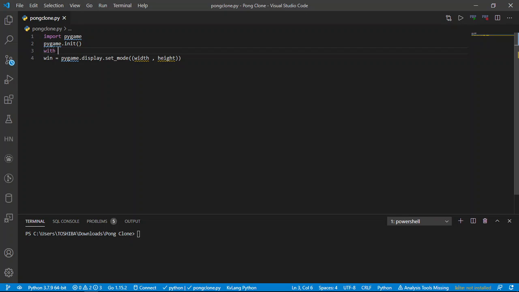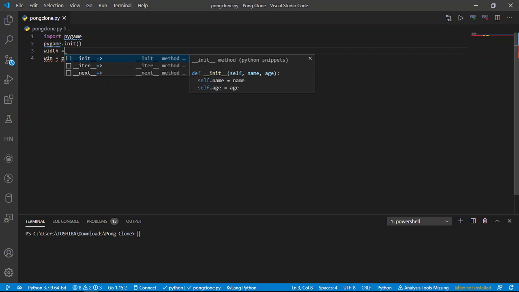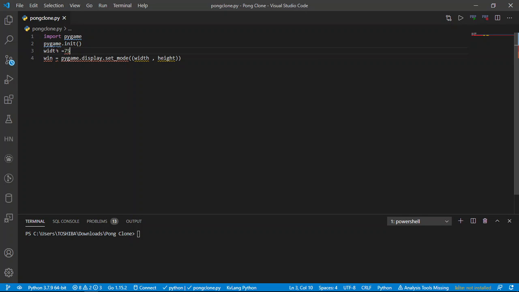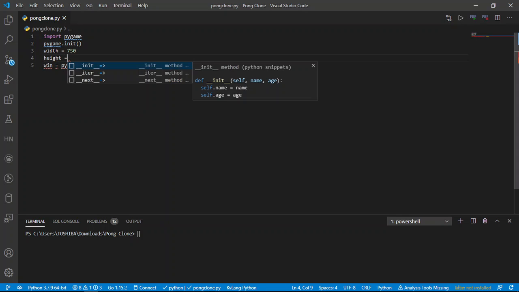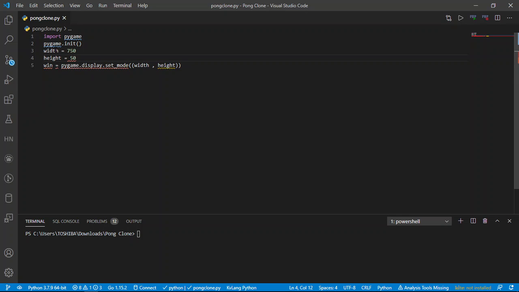Before that, width is going to be equal to 750, and the height is going to be 500. So after importing the Pygame,